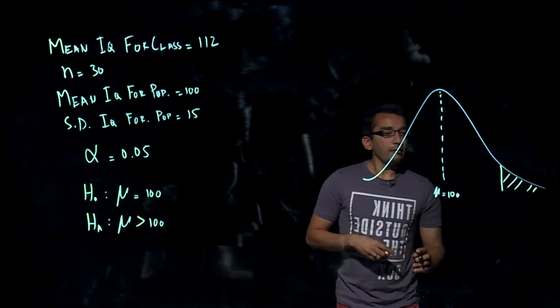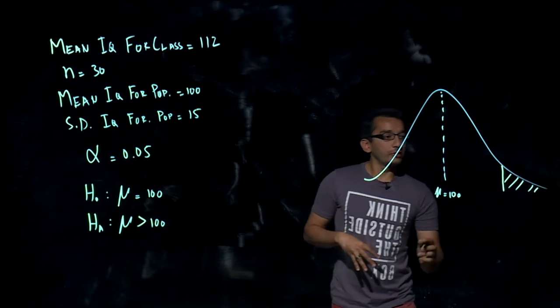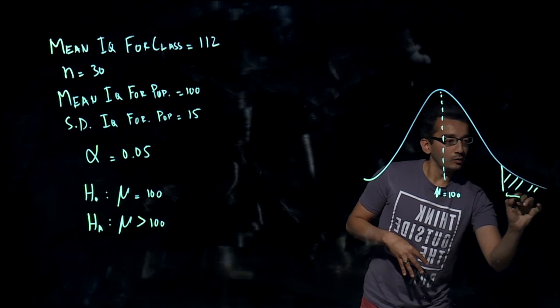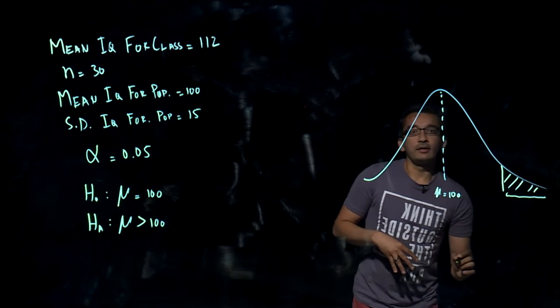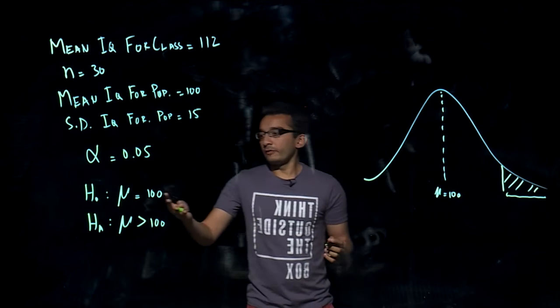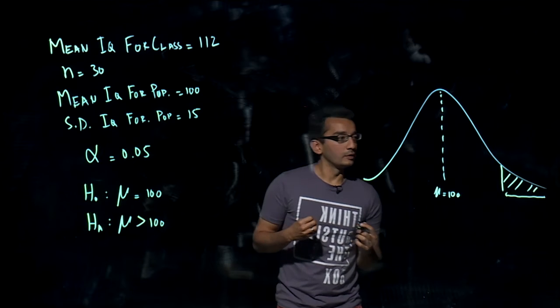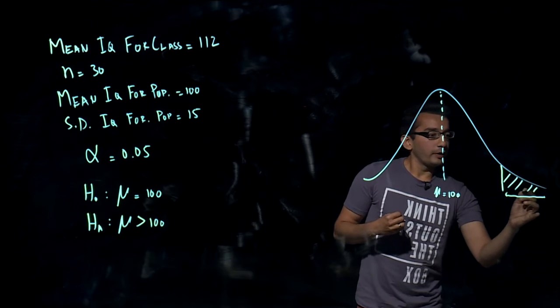So if we actually calculate a z value which falls within this area over here, then we can reject the null hypothesis of mu equals 100. Otherwise, we will fail to reject the null hypothesis. So in order to figure out if